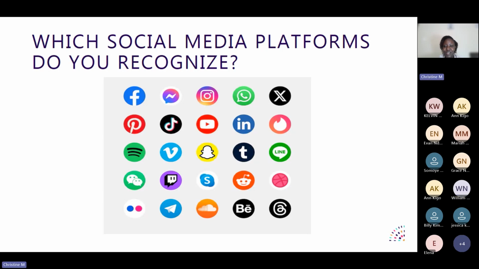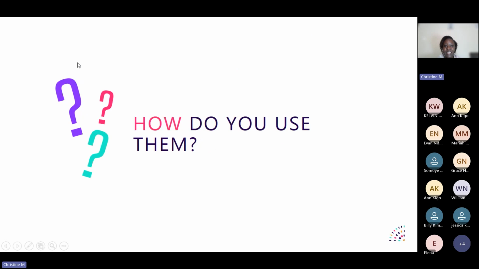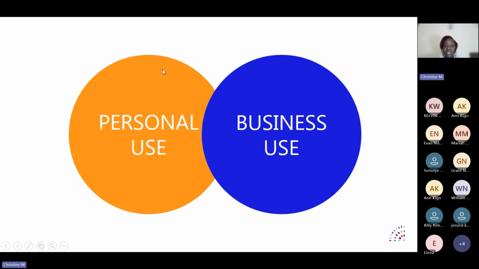Thank you, William. So it's a good thing that we recognize some of the ones that we have already been using. Social media is not entirely new to us, but maybe there are some things about social media that we haven't been using yet. We have already answered what we have been using and how we are using them. Here I want us to clarify that it's possible to use social media platforms for personal use or even for business use. From some of the examples we've had in class today, some people are using it for personal use, like Evans with designing his kitchen. And we also have William using X to catch up on news.